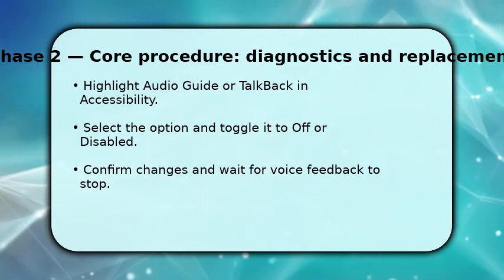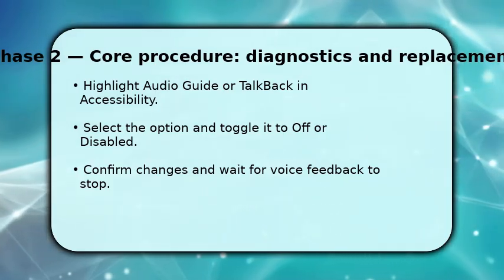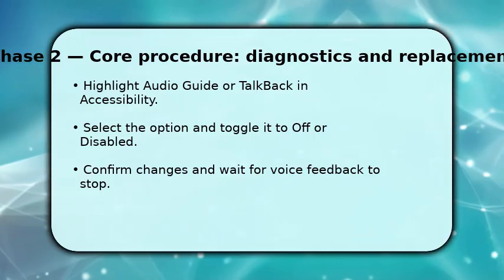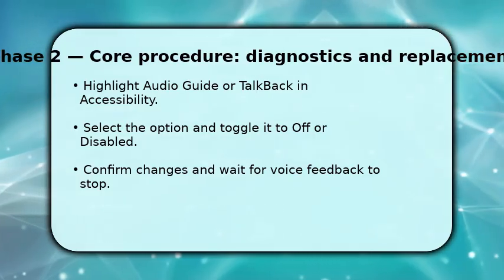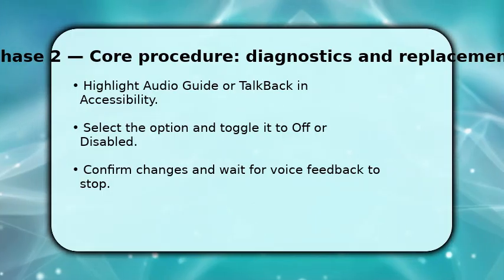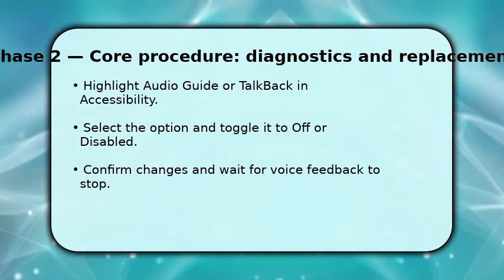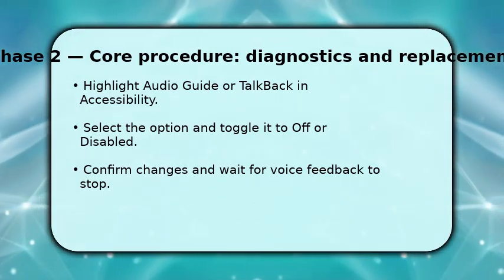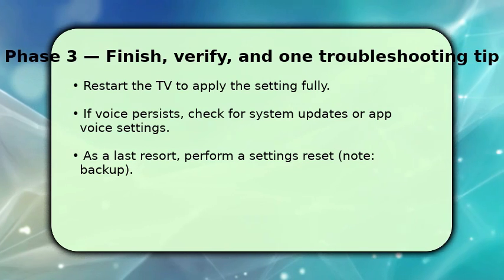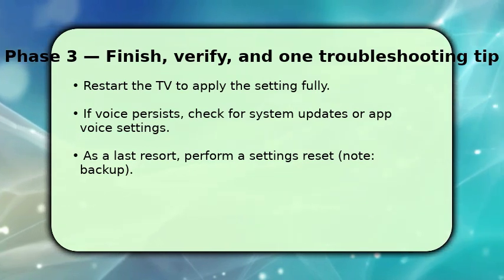You'll often hear a final spoken confirmation as the system changes, so listen for that. If voice persists, back out and re-enter the menu to double-check the toggle state, making sure it reads off. This prevents accidental re-enabling. Once done, restart the TV, power it off, wait 10 seconds, then turn it back on